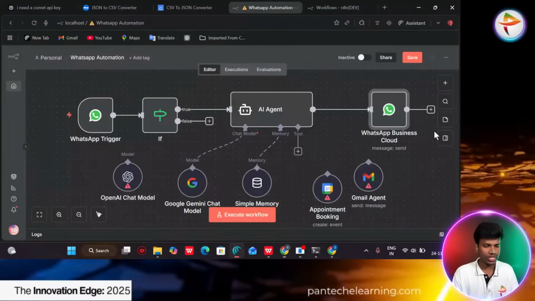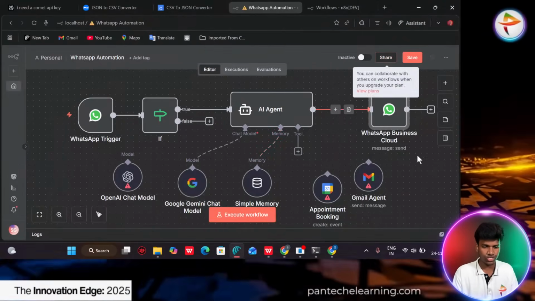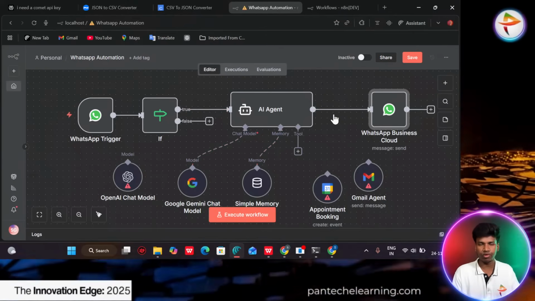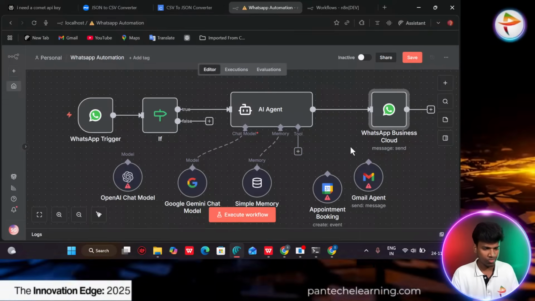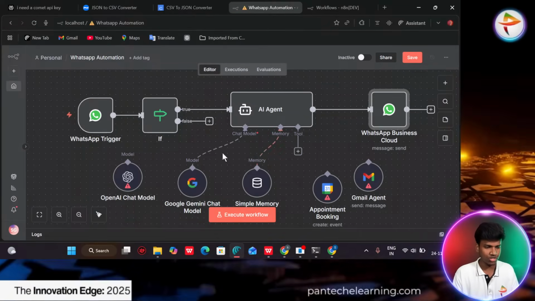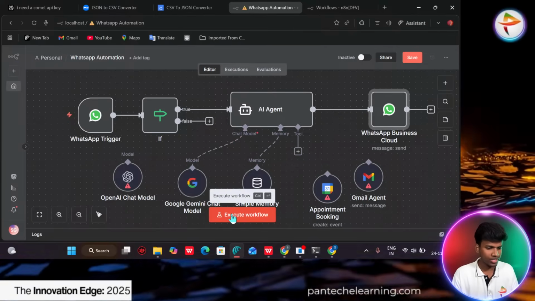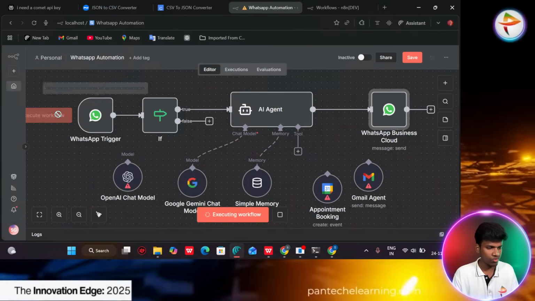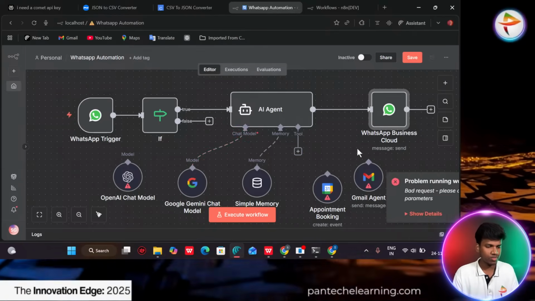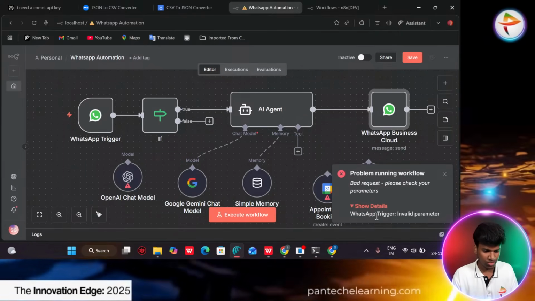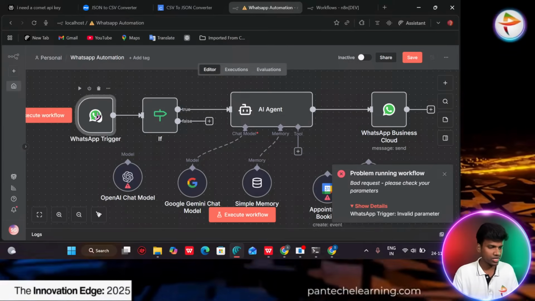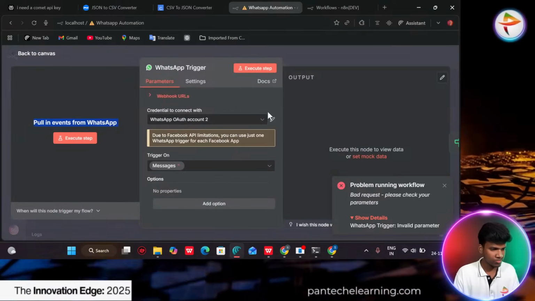Now we have to provide the model name so we can execute this flow automatically, going to the AI agent. I have still not executed the workflow, so first I have to execute this workflow. You have to wait some time. Okay, bad request, please check your parameter. The WhatsApp trigger has some invalid parameter.